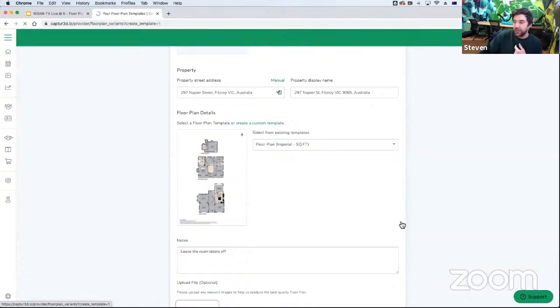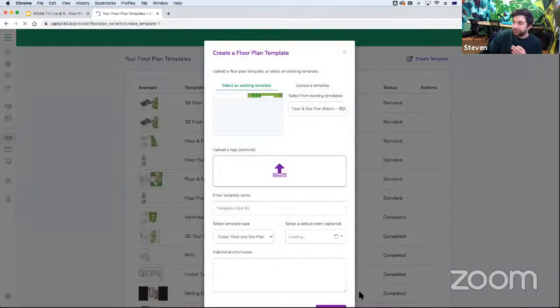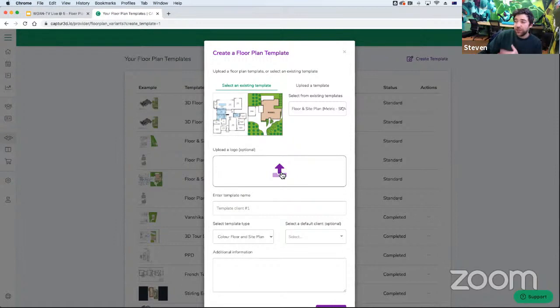So if I click on here, so creating a template, you give it a name. You could even use an existing plan. So let's say that this one is using our standard floor and site plan that you see here on the left-hand side. You could upload your logo and ask us to put it on the top left, bottom right, in the middle, do it as a watermark, for instance, and then save that as a specific template through that option.